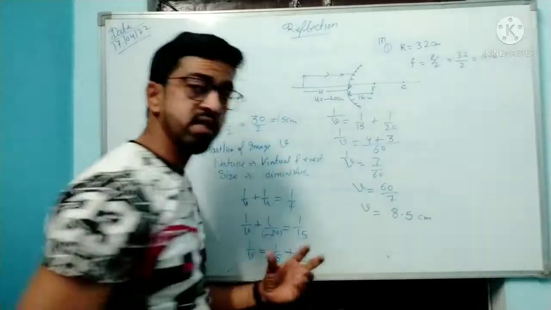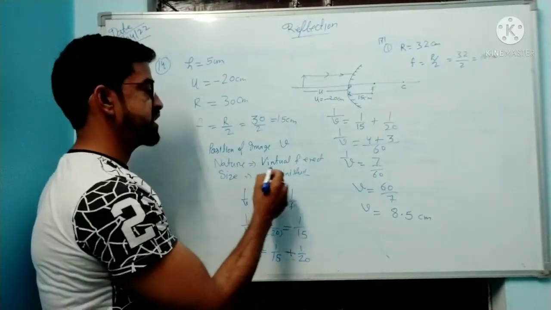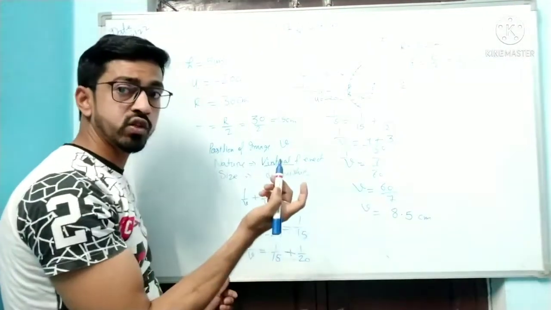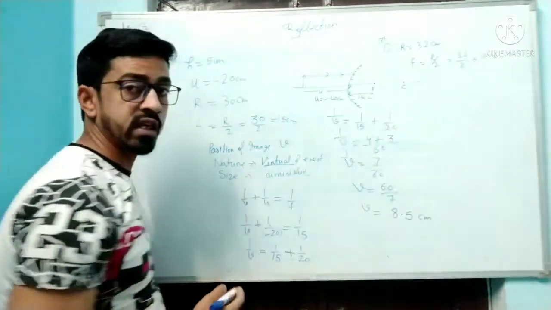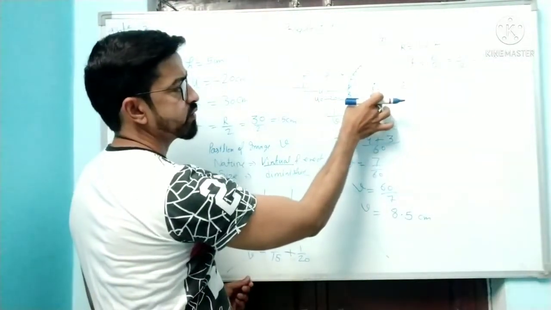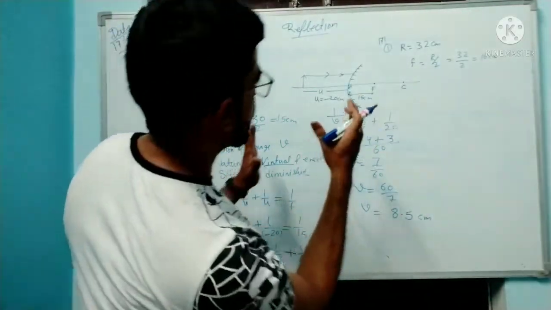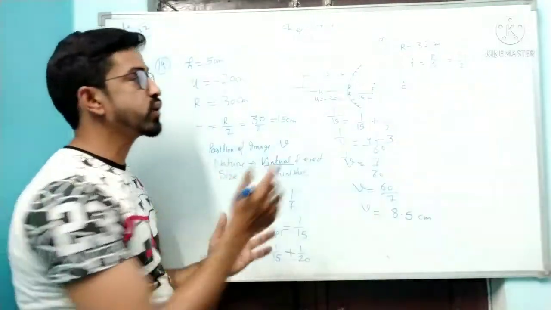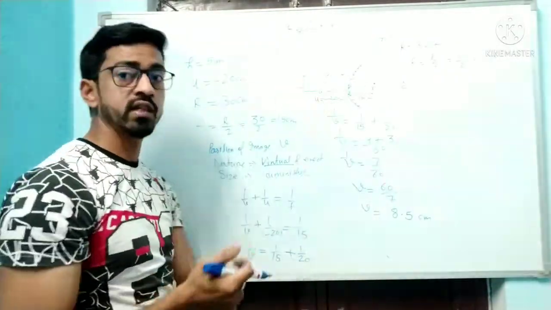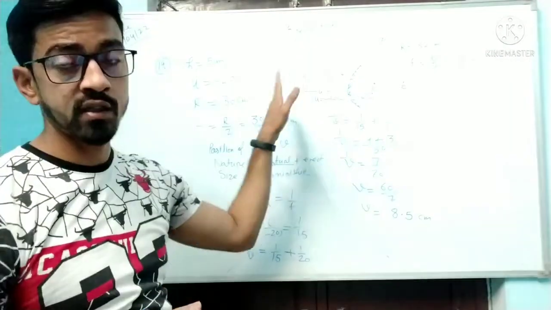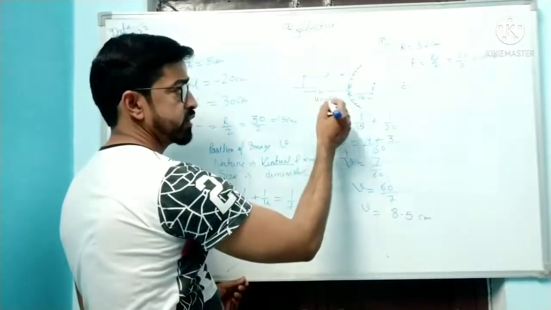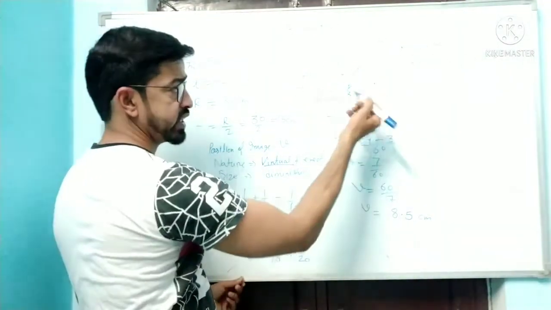So your image, the nature of the image, is a positive image. So it's virtual and erect. And why is it erect? Now look at here and understand or visualize. If this is 15, which is not looking the same here, but whenever you draw this, I always say that the denomination of 15 according to the number line you are studying, you make it equal, then you get the right ray diagram. Okay, so where is the 8.5?